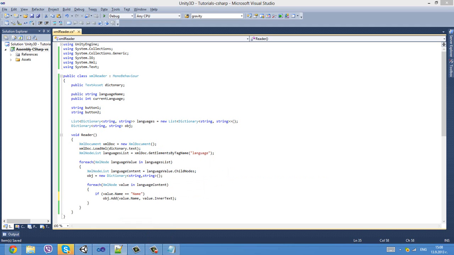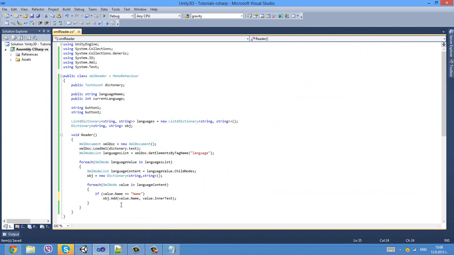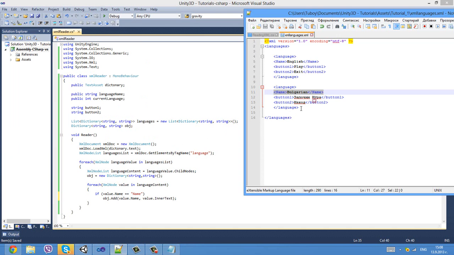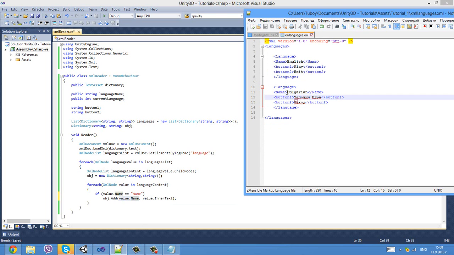So basically here we have name. This is the name. This if statement will check if the value name is equals to the name, and if it is, it will then add this name and its inner text. Inner text is this. This is the inner text. It will add this name here and the inner text